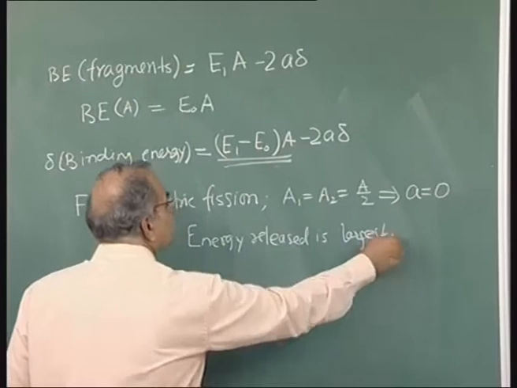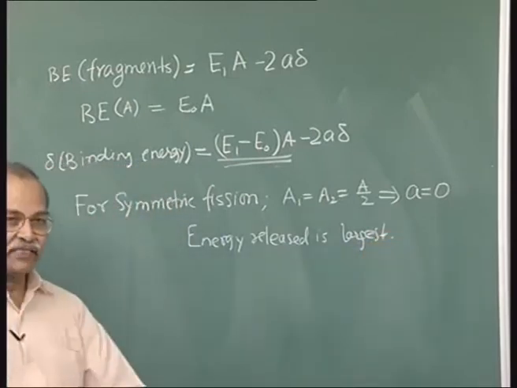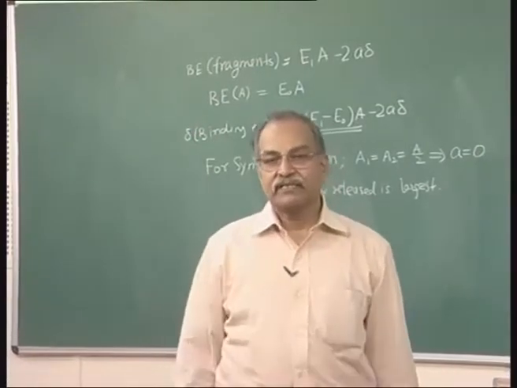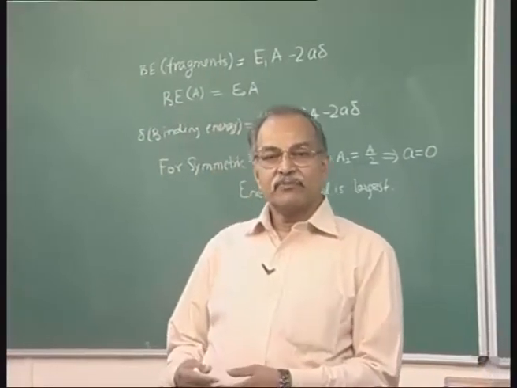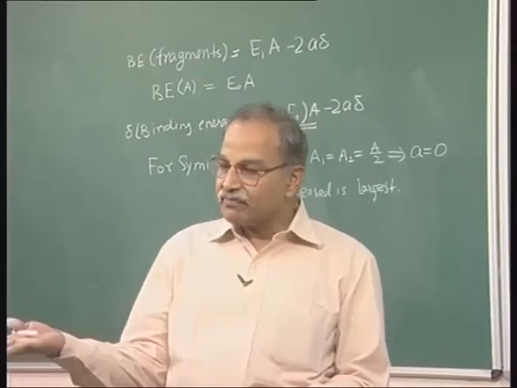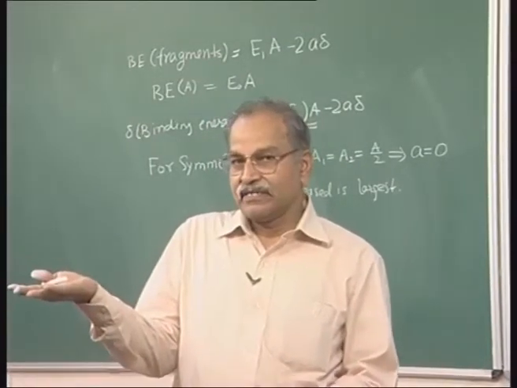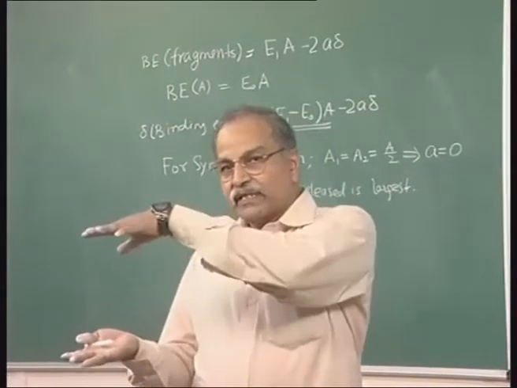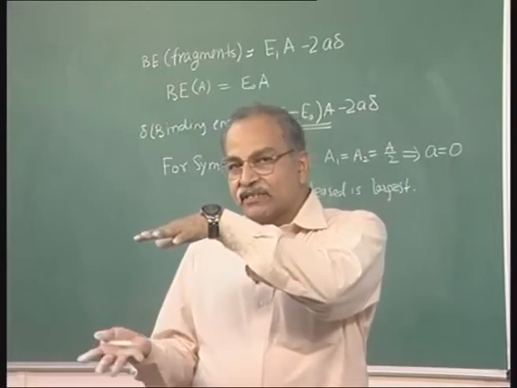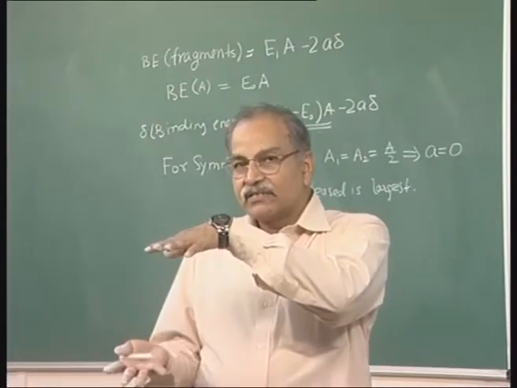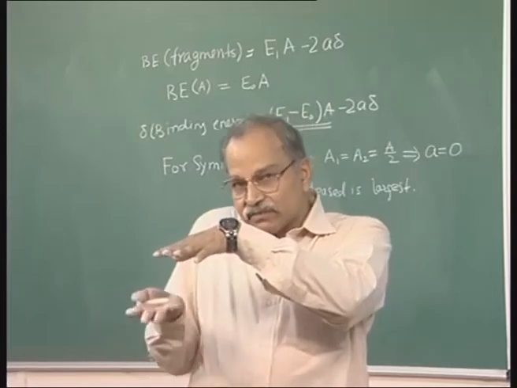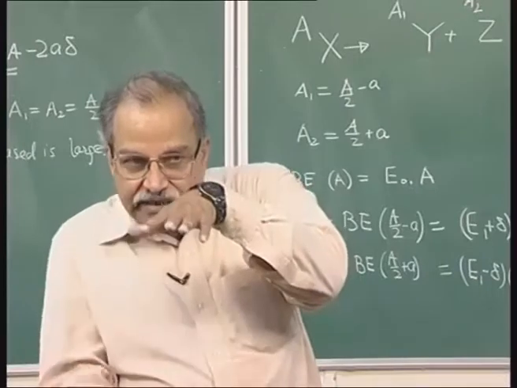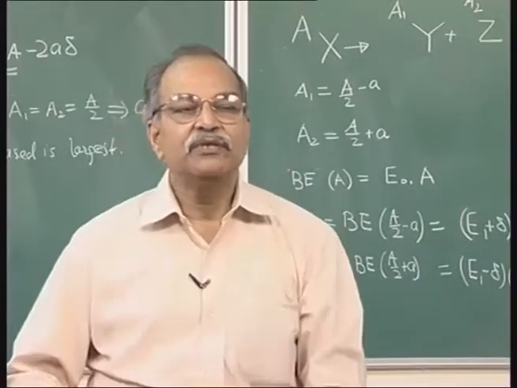And if you have asymmetric fission, where one fragment is smaller and the other fragment is larger, then the energy release will be less. That means the final products are at a higher energy. Energy released is small, that means the initial nucleus is there and then the final fragment energy of that. So that final energy, or energy of the final products, is more, right. If it is symmetric fission, then the energy released is more, that means the final products are going into a